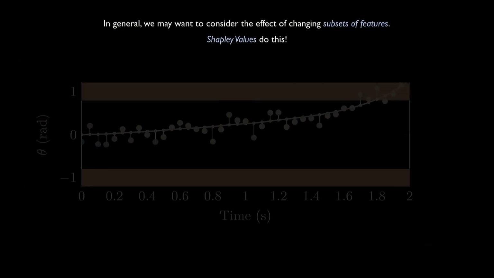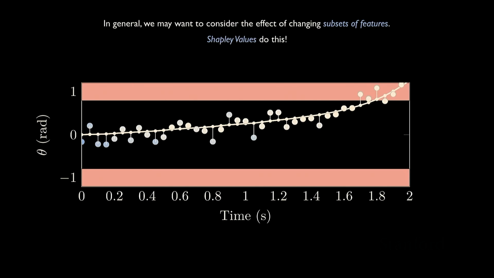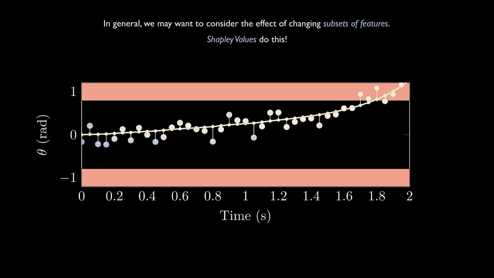Okay, so I just want you to get in your mind that all that's going on is kind of a lot, and I didn't show the math purposefully because I think that's even more confusing to parse. Basically we're looking at all possible subsets, seeing how including a feature versus not including a feature in that subset affects the outcome, and that gives us an idea of how important that feature is in the context of all of the other features that we have.